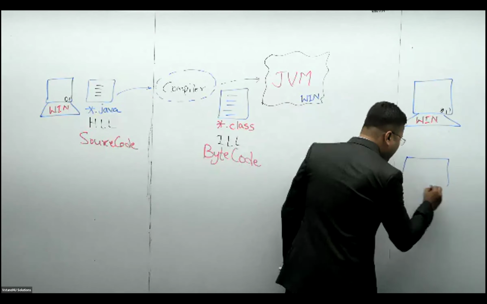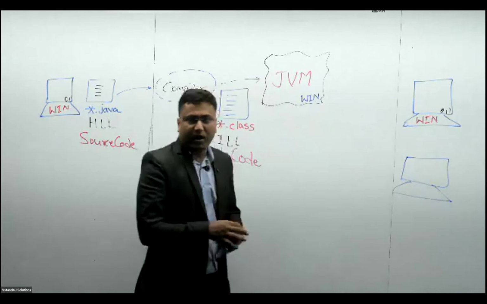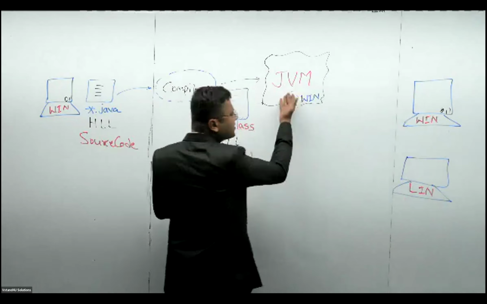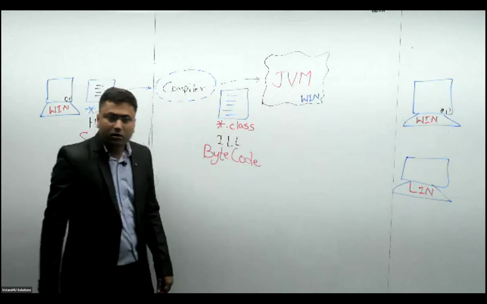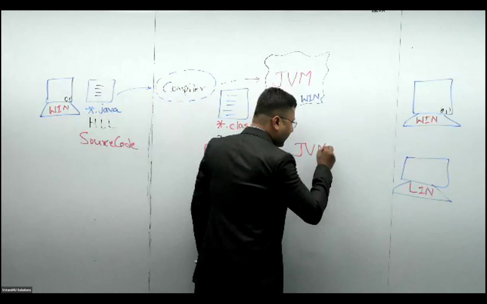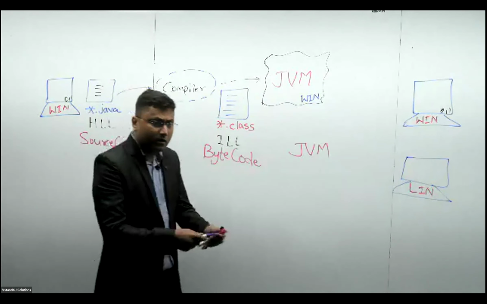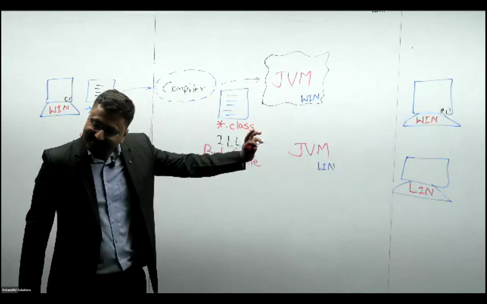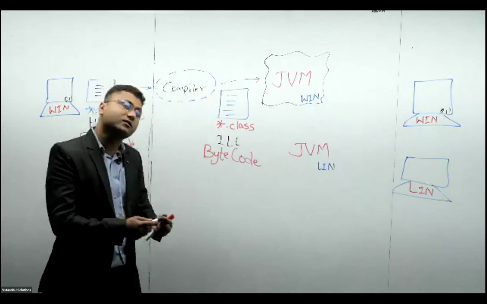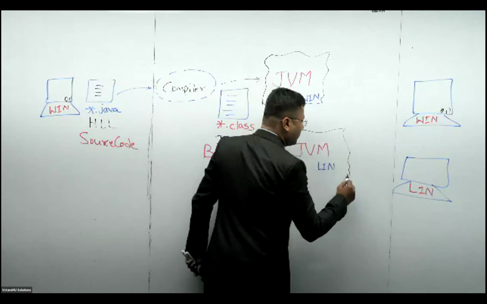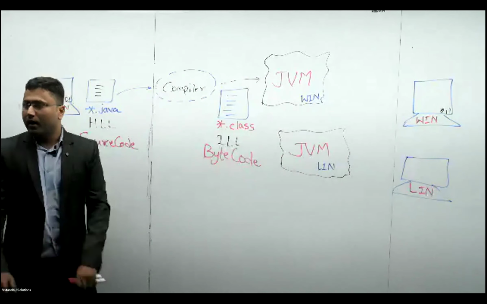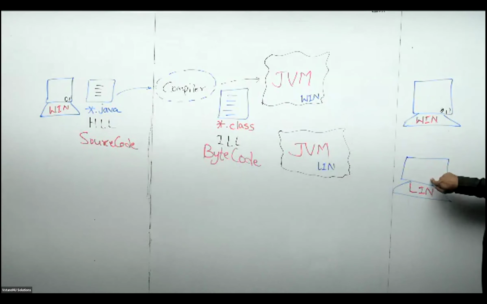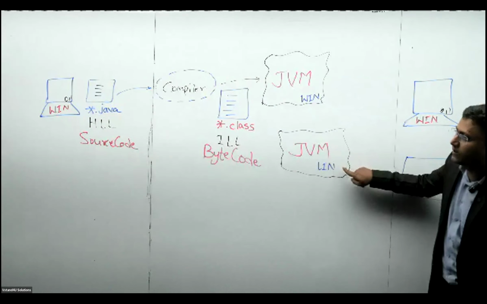Sir, my system is not Windows, my system is Linux. In that case, don't use the Windows JVM. Better you use the JVM built for Linux. You download, all of them are free. Don't worry. We have built everything. You just download the right thing. I'll tell you how to do it, probably tomorrow or day after tomorrow. Agree? What you should do? If your operating system is Linux, then you should download the JVM made for Linux.